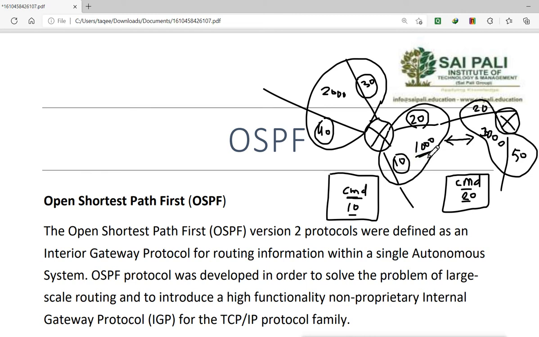Here we have 1000 for the routing and here we have 3000 for the same routing. So these two routers are doing the routing with each other, but they may have a different process ID on this router and a different process ID on that router, because it is not important for the other router.